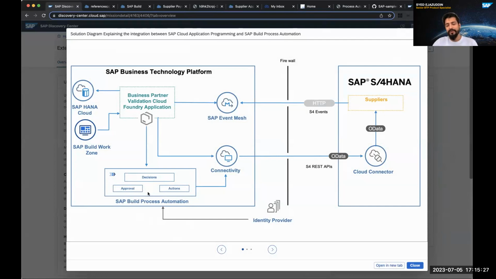SAP Build Process Automation will give you a simple UI form where you can fill in some basic supplier details. Okay, I want this supplier to get onboarded first. It will come to your approval. The approver will see whether the entered fields are correct or if anything is missing. And once he approves it, the supplier will first get onboarded to the SAP S4HANA system with some